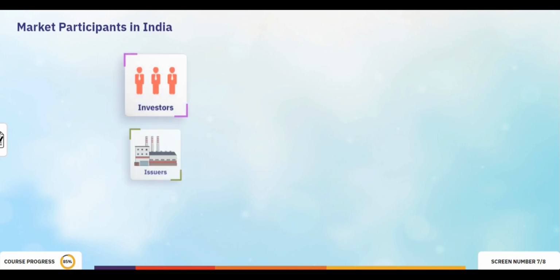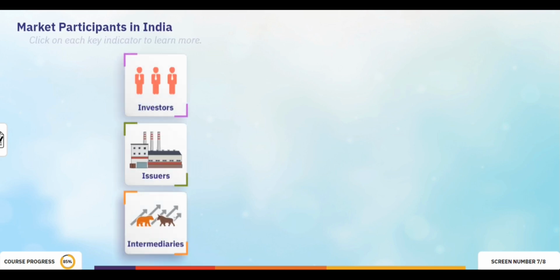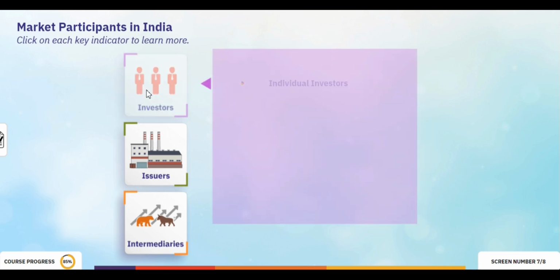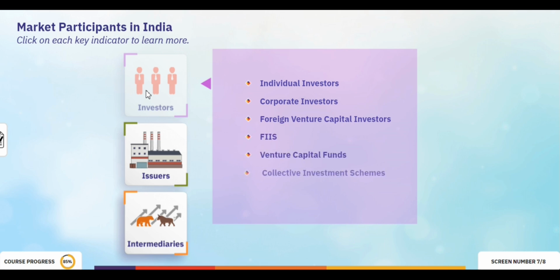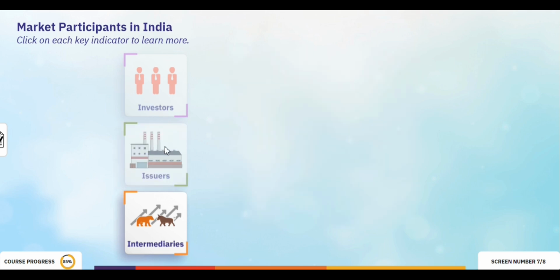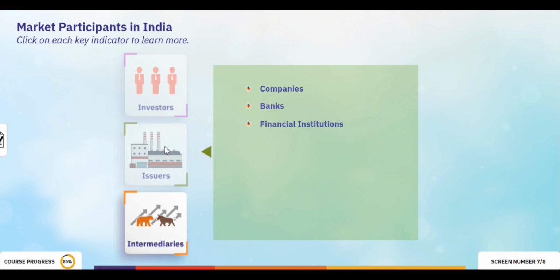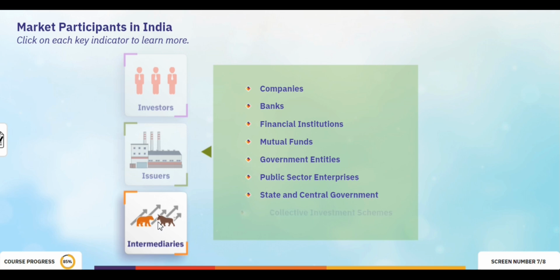Now, let's take a look at the market participants in India. Click on each key indicator to learn more. The investors are individual investors, corporate investors, foreign venture capital investors, FIIs, venture capital funds, collective investment schemes, and mutual funds. The issuers are companies, banks, financial institutions, mutual funds, government entities, public sector enterprises, state and central government, and collective